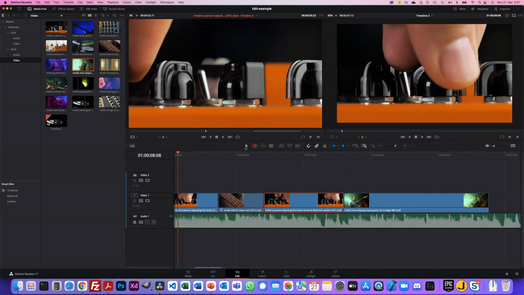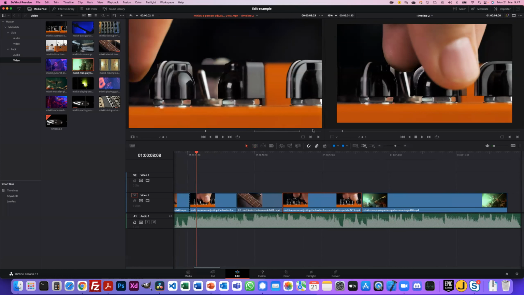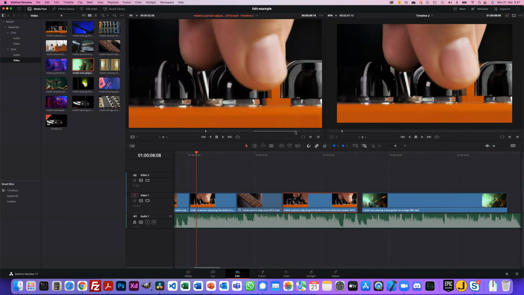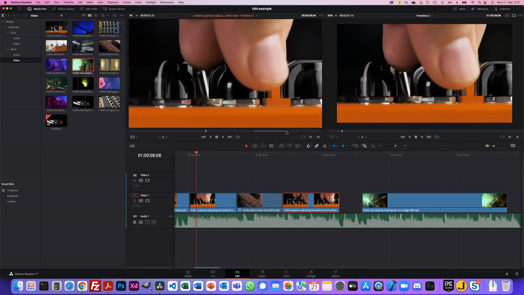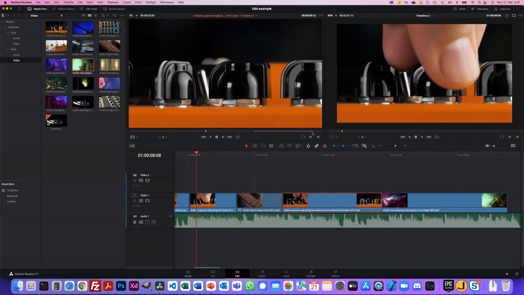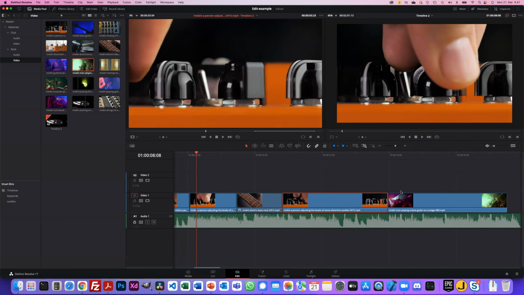If I make the same thing in a normal selection mode, again, there will be this kind of gap. And in the opposite way, it will shorten, it cuts off the start of this clip. It expands this clip and cuts off the frames in here. Again, it depends on the